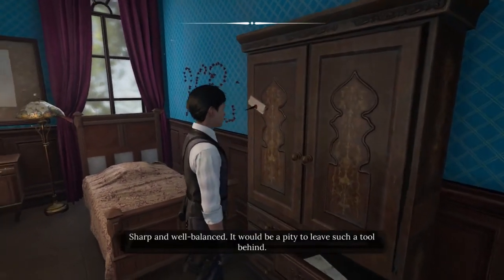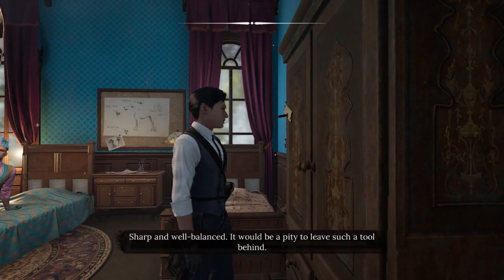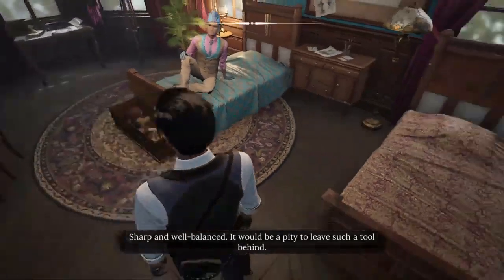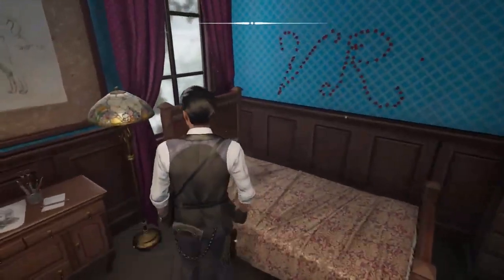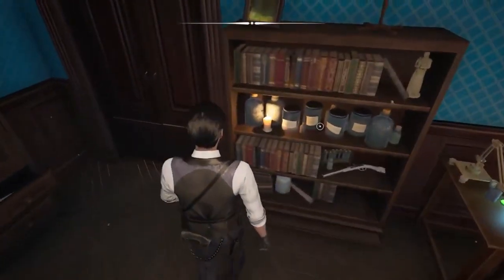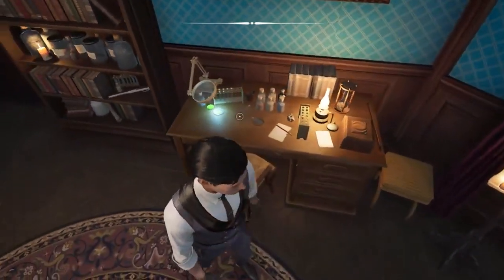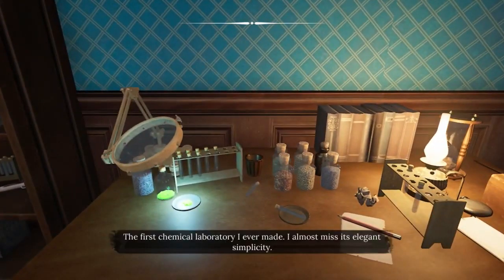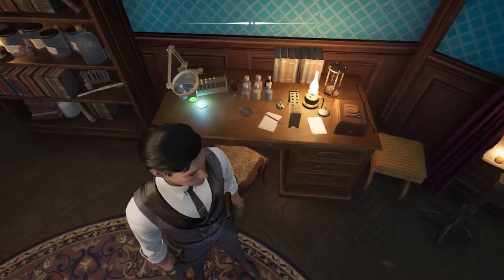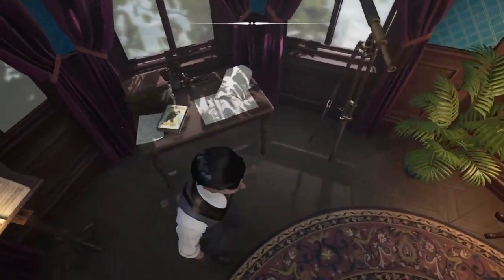Sharp and well balanced, it would be a pity to leave such a tool behind. Okay. The first chemical laboratory I ever made. I almost miss its elegant simplicity. Did more things get added? Okay, anyway, we have bedroom redux, but